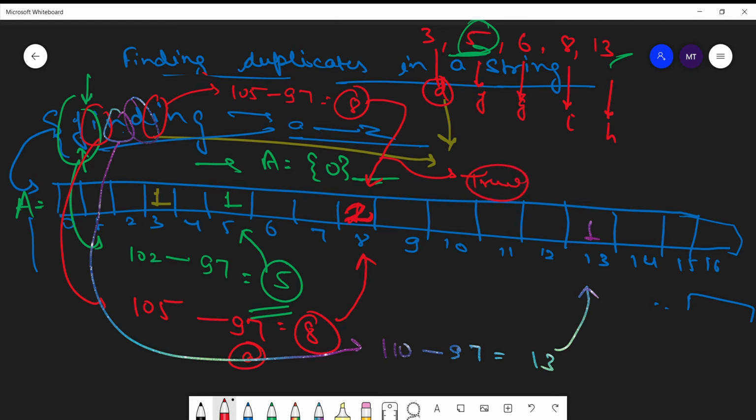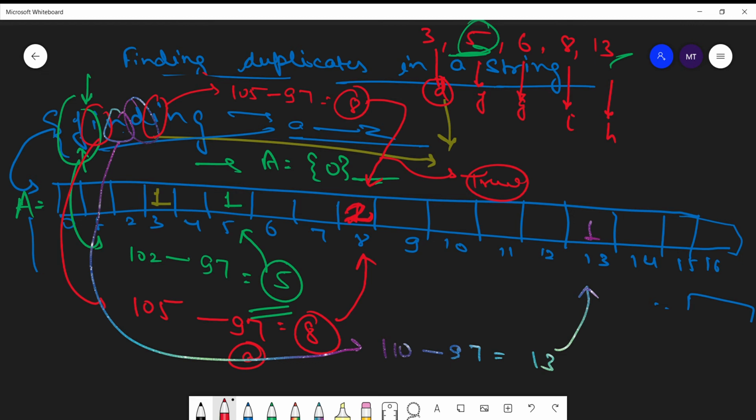As it found that the value before incrementing was not zero, it was a non-zero value, this implies that its value has already been incremented by some other character in an earlier iteration. That means its duplicate is already there.